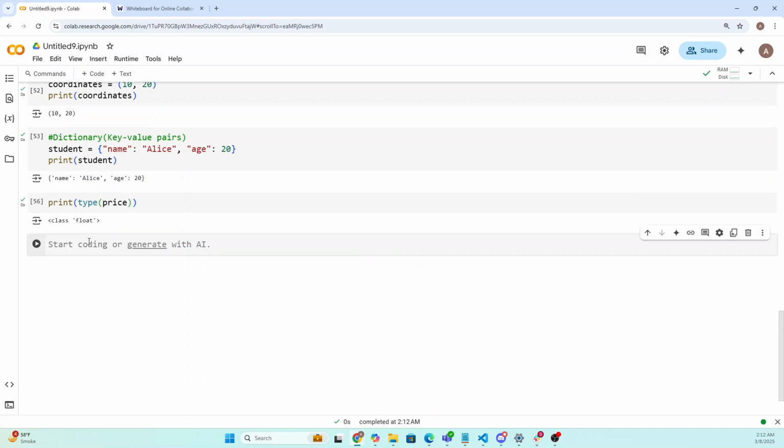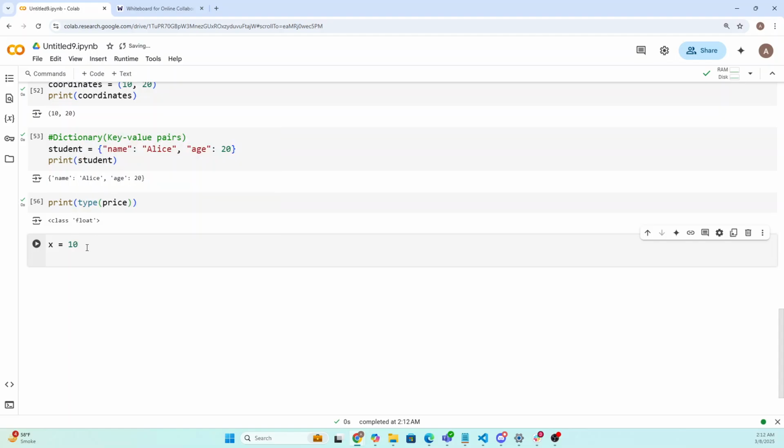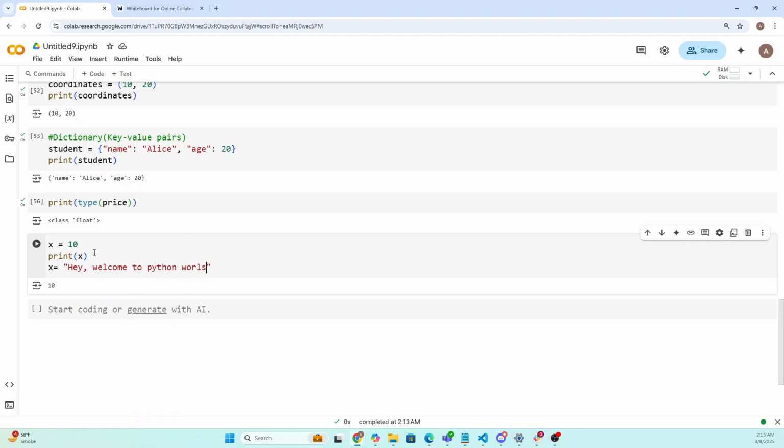In Python, variables can change their value anytime. So let's take a look at how we can change the values. Let's say we have a variable name that is x equals 10. Now if I print x, I will see the value is 10. Now if I change the x to a string, welcome to Python world,